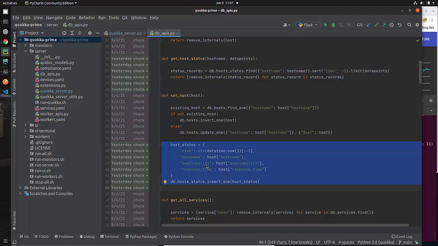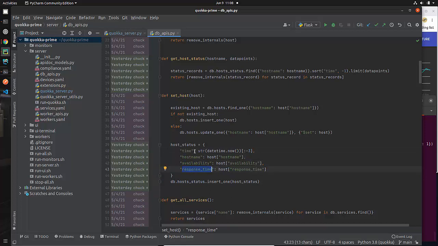All we needed to do was create an entry every time a monitor calls in to update the host, then set host gets called, and in addition to just updating the host entry in the host table, we're also going to add an entry to the host status table, and that will include time, host name, availability,